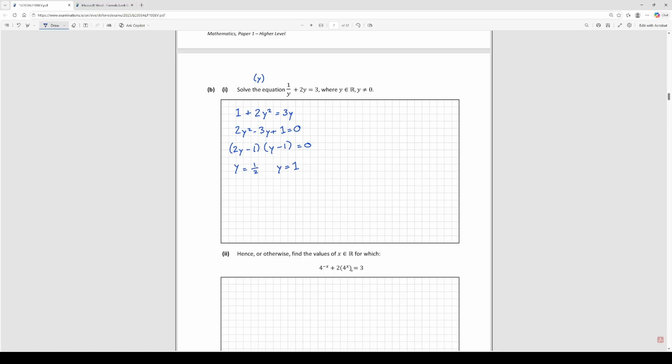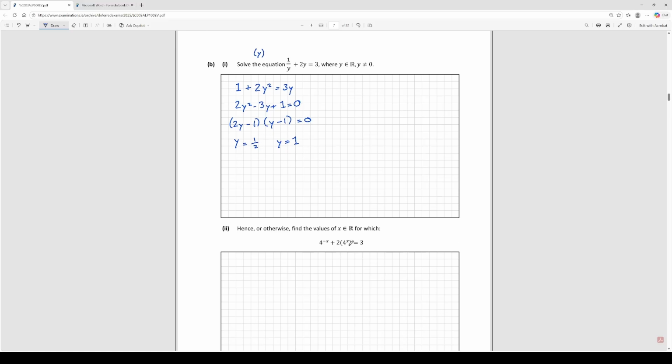Now it says, hence or otherwise find the values of x for which this is true. Now you'll notice this is kind of the same, similar enough layout to that. 4 to the power minus x would be the same as 1 over 4 to the positive x. If you put it underneath a fraction, you don't need to worry about the minus on the power, and vice versa. You can swap it back and forth. But then what I can do is I can say, everywhere I see 4 to the x, I'm going to put like,